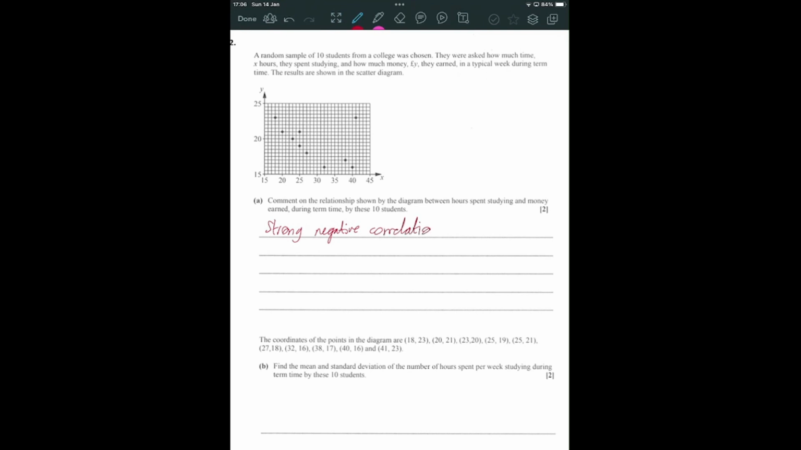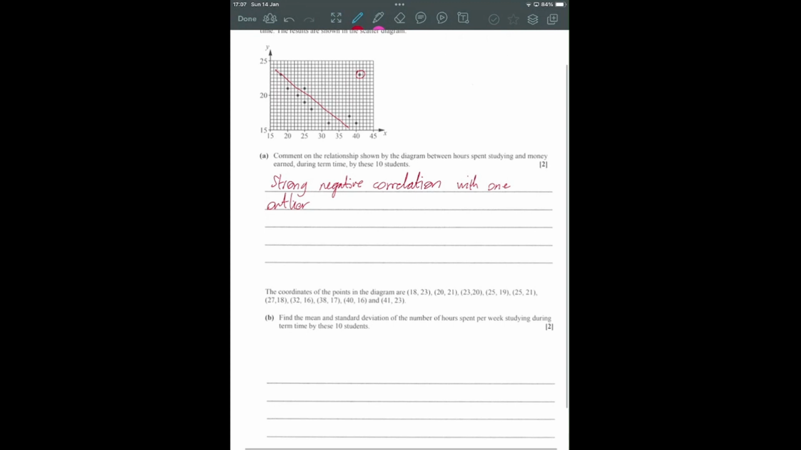It's basically saying that most of the data is very well clumped towards a negative gradient line. Strong negative correlation with one apparent outlier. That looks like an outlier to me. It's nowhere near the rest of the data. The coordinates of the points are given; find the mean and standard deviation